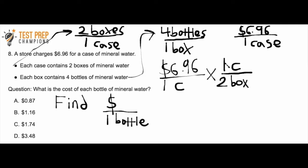And so basically I do a little bit of math here. The units are going to cancel out, right? Because I've got 1 case and I'm dividing by 1 case. So what is 6.96 divided by 2? Let me do that in my calculator, and that gives me, let me write it down here, $, right? Because the dollars don't cancel out. $3.48